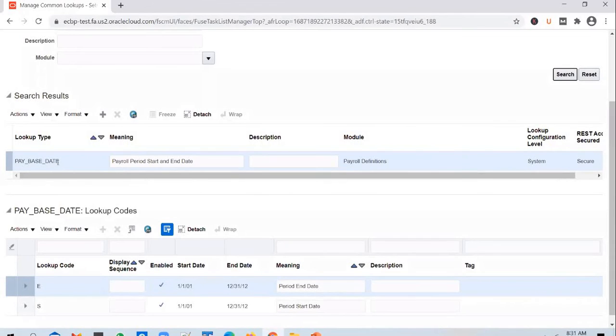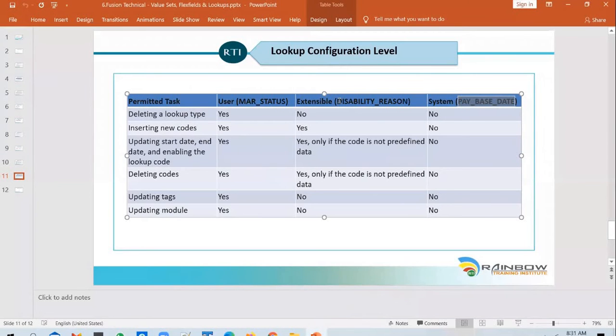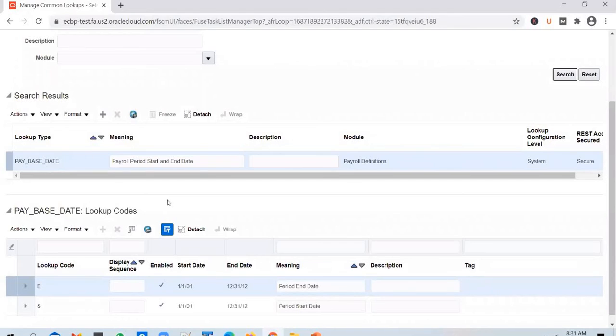So Oracle has locked down the lookups which it doesn't want clients to edit by setting the configuration level as system. But for some of the lookups wherein Oracle wants clients to extend or to be able to add new entries, it would have used the extensible configuration level.